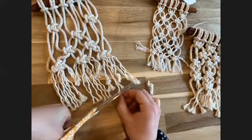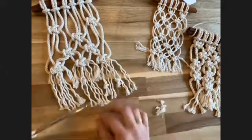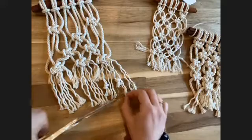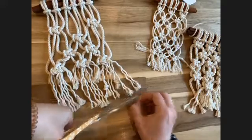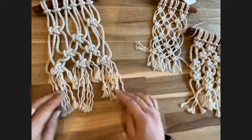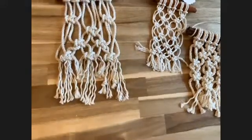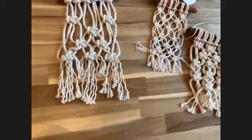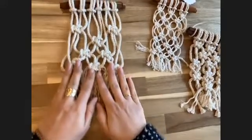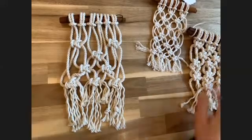You don't need to get a very straight line. So you can go through and just trim it by hand. It also helps sometimes to trim it once it's hanging up, because then you let gravity pull it just a little bit. Excuse me. There we go. Grabbed our camera there. So that is the end of our wall hanging. Again, many options for